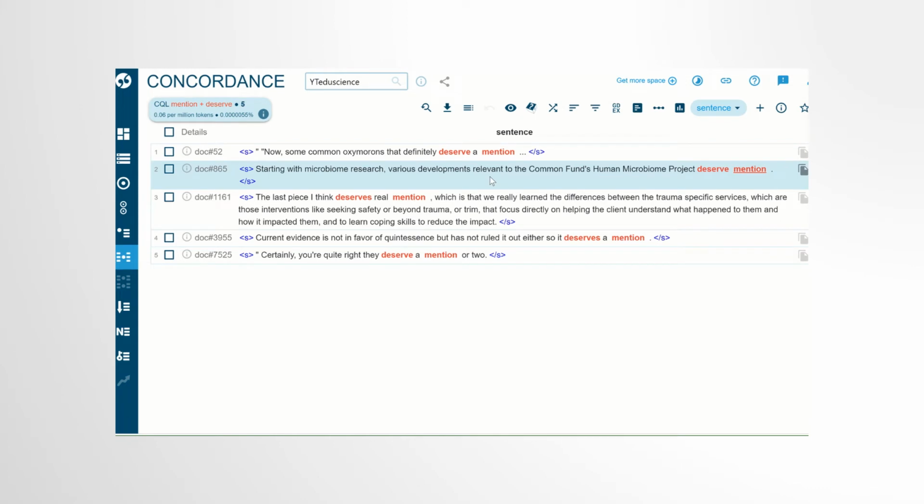because sometimes people adopt rather formal ways of putting things from written academic English. So this is fairly formal. Now, some common oxymorons that definitely deserve a mention. Certainly, you're right, they deserve a mention or two. I think deserves a real mention. So this is rather formal, but it does also occur in